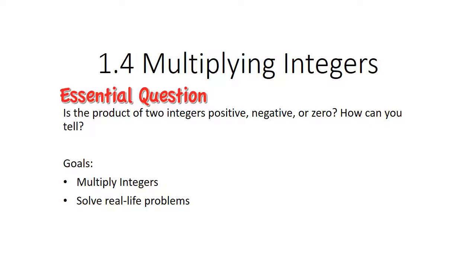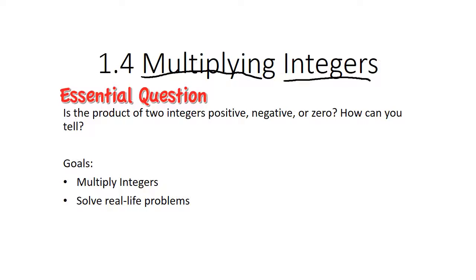So today we're going to be working with multiplying integers. We're talking about multiplying at least two numbers together, and they're going to either be positive or negative counting numbers or zero. Now as we look at this, our essential question is going to be the product of two integers,